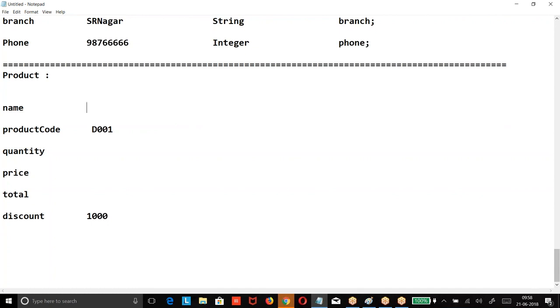Then string name, lower camel, no spaces. Price, quantity is integer, 10 or 15, decimal.